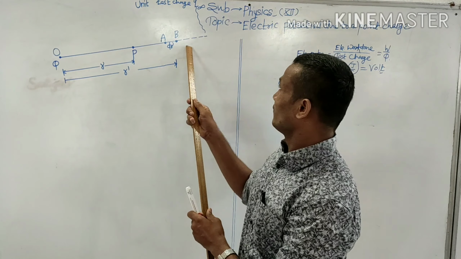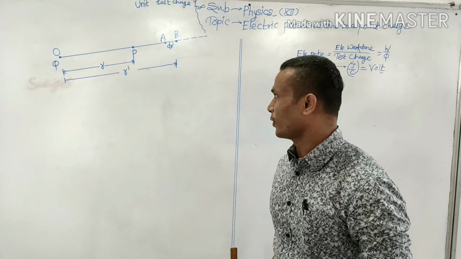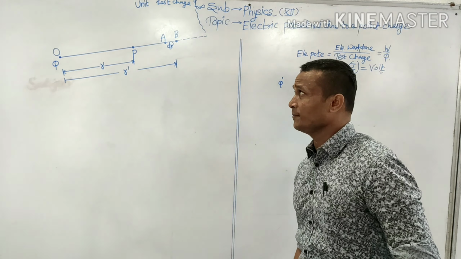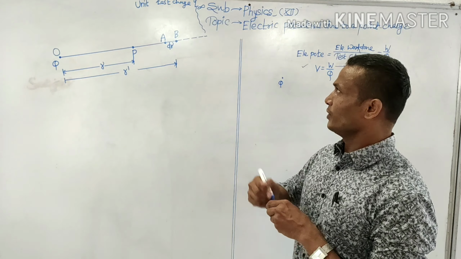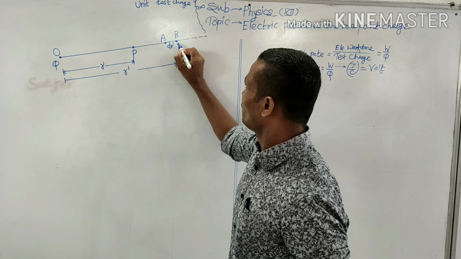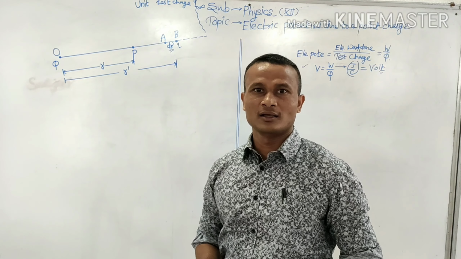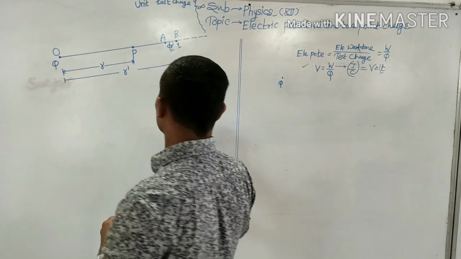And that electrical work is done against the field of Q. This is a point to be noted precisely. Now what we are doing, we wish to move the unit test charge, which is already at Q, from B to A through a small distance, say dr. So what is the work we need to do?